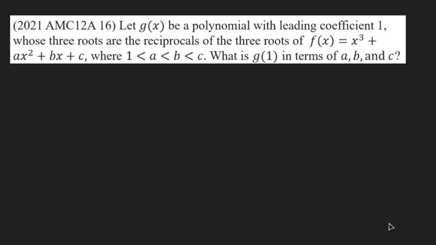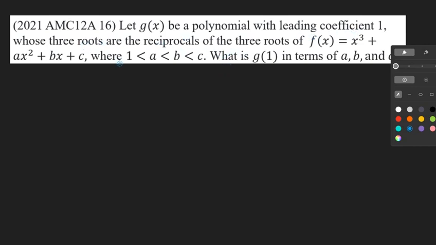Let's look at this algebraic question involving a higher order degree polynomial and a higher degree Vieta's theorem. The general solution, or the ordinary solution, will be like this: we have f(x) equal to this, and we need to find g(1). And g(x) will be a polynomial with leading coefficient 1, with 3 roots that are reciprocals of